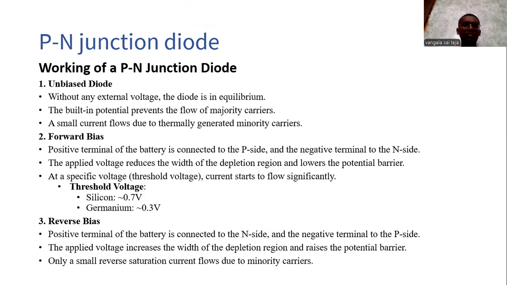PN junction diode. Working principle of a PN junction diode: unbiased diode, forward bias, reverse bias. Unbiased diode. Without any external voltage, the diode is in equilibrium. The built-in potential prevents the flow of majority carriers. A small current flows due to thermally generated minority carriers. Forward bias. The positive terminal of the battery is connected to the P side and the negative terminal is connected to the N side. The applied voltage reduces the width of the depletion region and lowers the potential barrier